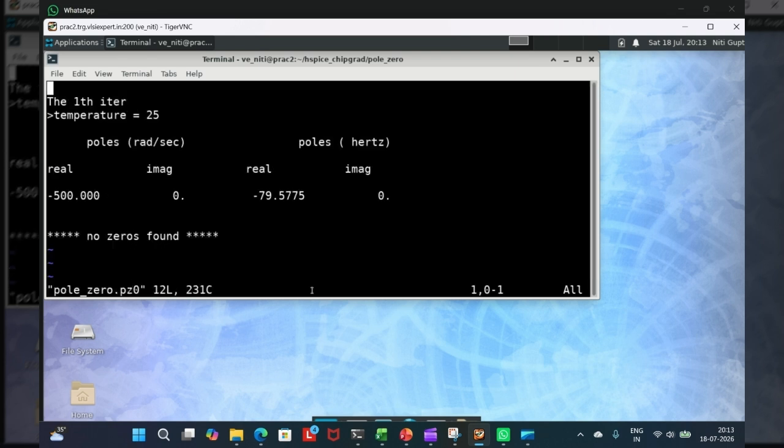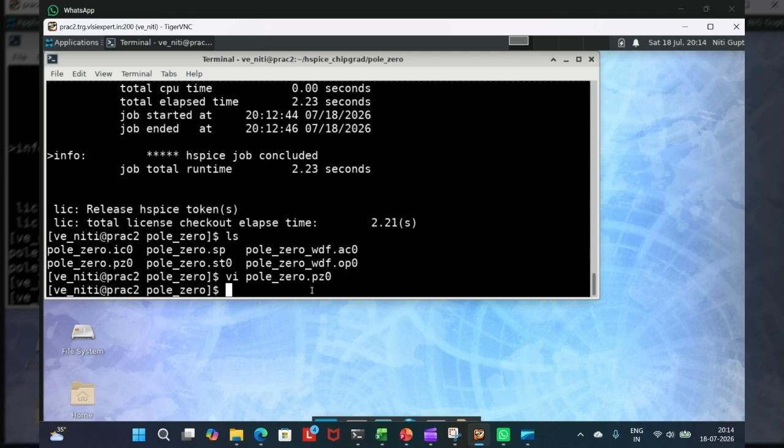And if you see here, it is showing me a pole, right? So what do we have? We have poles, the units is radian per second. Then we have poles in hertz. In radian per second, we are getting minus 500. It has converted it into hertz, giving minus 79.577, approximately 79.6 hertz, and that's what we discussed in the numerical analysis as well. So I hope you get clarity on how we calculate the poles.